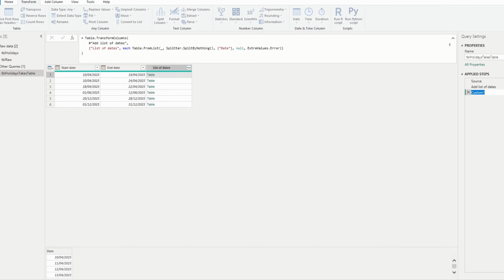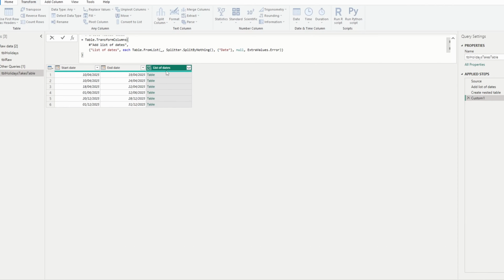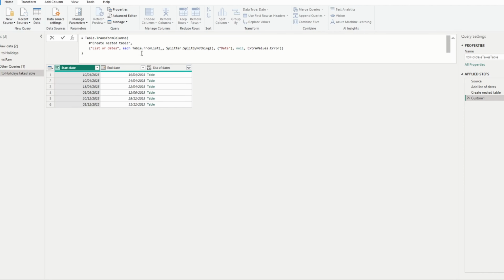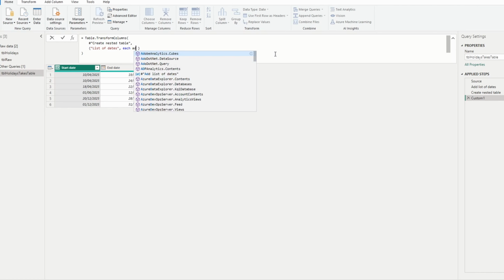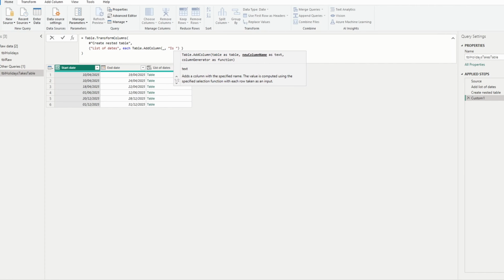Now I created nested table. I then want to again transform my table, which is then the create nested table, where I again want to change the list of dates column, but this time I want to add a column to the table. We can remove that and say I want to add a column to my nested table called is also a